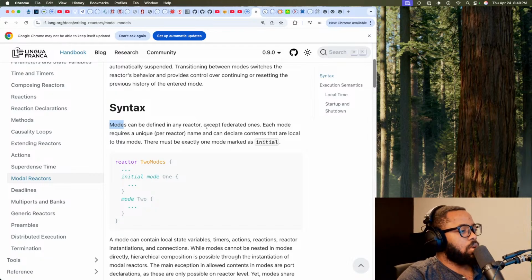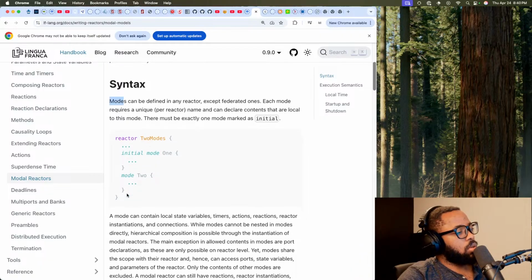Modes can be defined in any reactor except federated ones. Each mode requires a unique per reactor name. Okay, so per reactor has to be, and can declare contents that are local to this mode. There must be exactly one mode marked as initial.